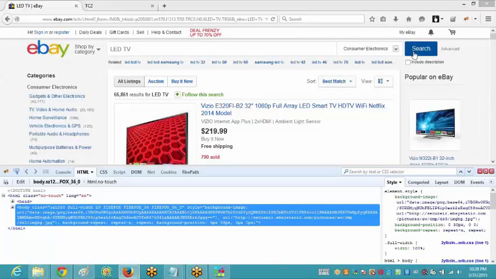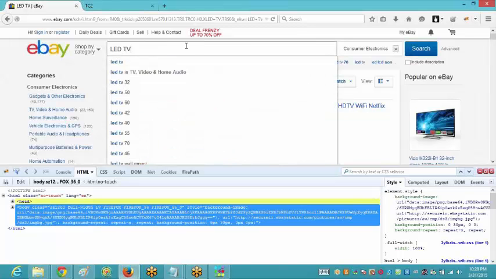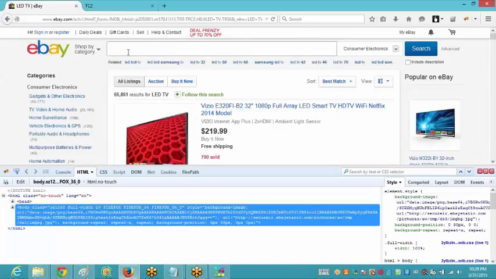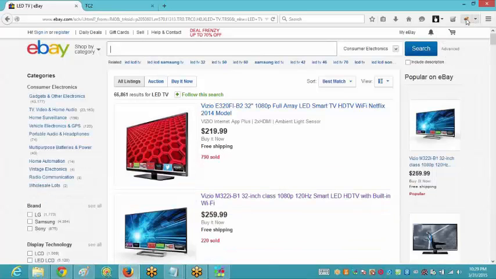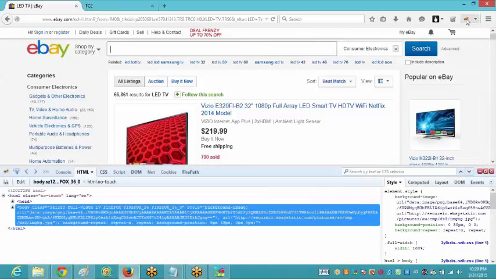Okay, so now if I have to write the script for this whole scenario, I should be able to find out the locator of this text box, because I need to first validate whether this text box is present or not. And how am I going to take out the locator of this text box? For that there is a tool, or you can say an add-in, present. That is Firebug. I'll tell you how to install it. With the help of this Firebug, we'll be able to find out the locator of this particular text box.